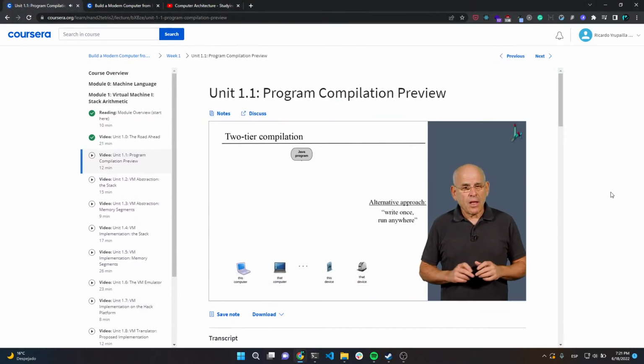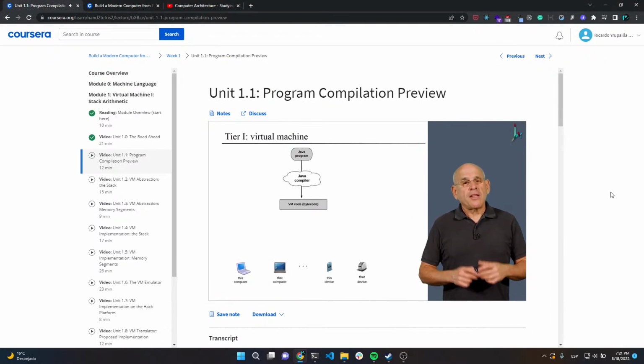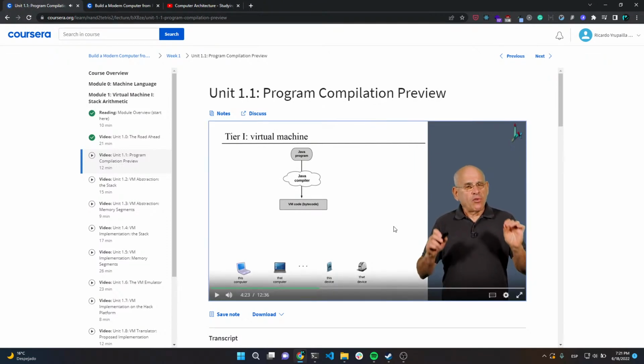two-tier compilation. So in the first tier, we can call it the top tier, the Java compiler translates the Java program into something called, in the world of Java, bytecode, but in general we call it VM code. Now this VM code is designed